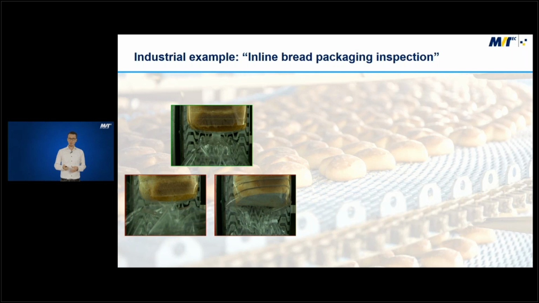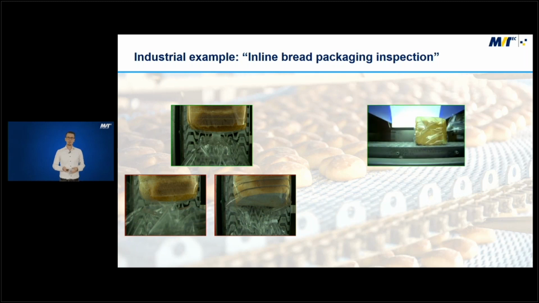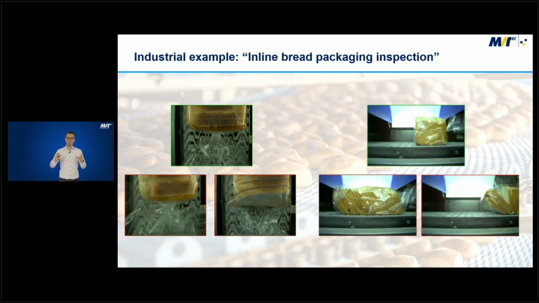On the second camera, we have the side view, and here we are inspecting the compactness of this packet of bread. It's very important because if the compactness is not right, or even there is misalignment, you can get problems later with the palletizing, or even the customer buys this bag of bread and this is not the quality he expects